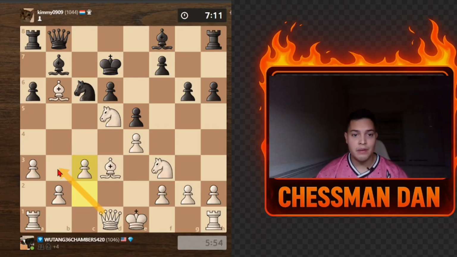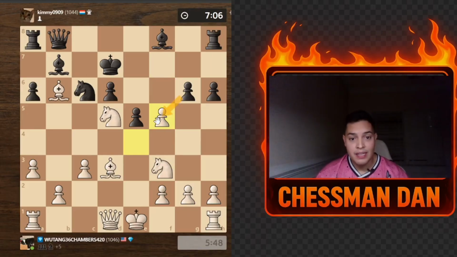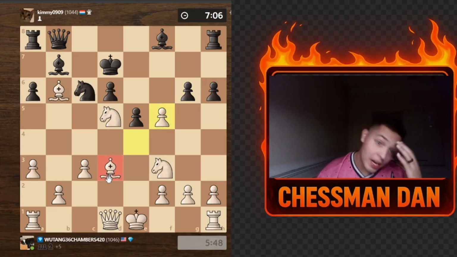Open up the position, activate my queen, and do some nasty things. My opponent now tries another, I won't even call this a pawn break. I don't know what this was. So I just take. Why did I want to take? Because if he takes, I just saw this weakened diagonal of my opponent, where my bishop is a very powerful